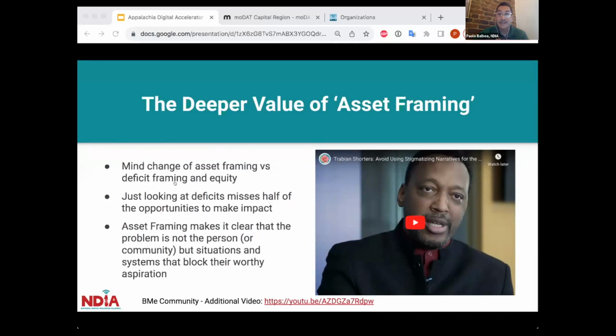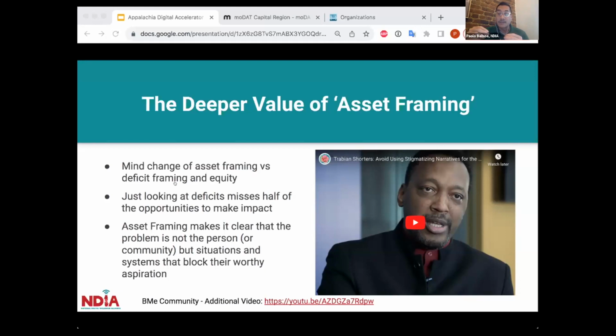Asset framing is an approach to gathering information about a community that really is the opposite of what we would typically call a deficit-based approach. An asset framing approach is one in which you, as local governments or local practitioners looking to learn more about your community, are really highlighting the best practices and the values that already exist in a community. So rather than figuring out what is wrong with the community or defining problems that are there to be fixed, which we would call a deficit-based approach,